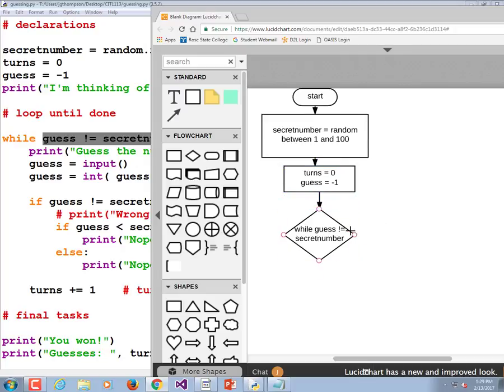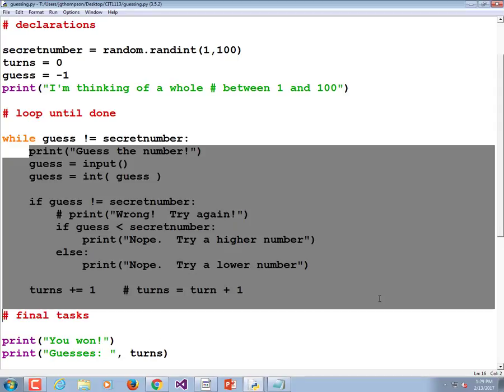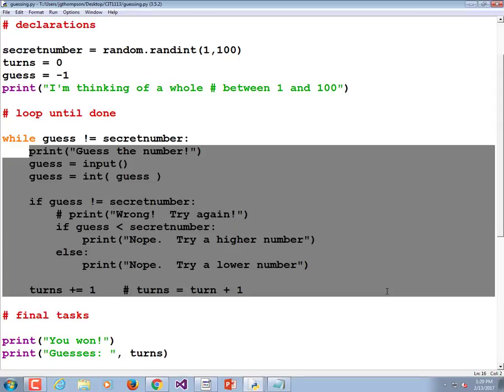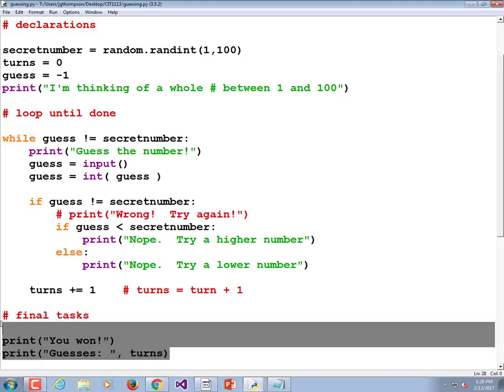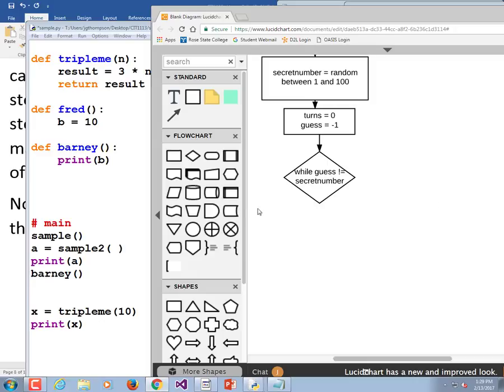So the rule for a while is that there will be one line that contains stuff that you do in the while loop, and there'll be another line going off to what you do when the while loop is no longer valid. Just like here, all of this code is done while we're in the while loop. And then this stuff is done after the while loop is done. And the big difference between a while and an if when you're flowcharting it is that an if does not loop back to itself, whereas a while does. Alrighty, so